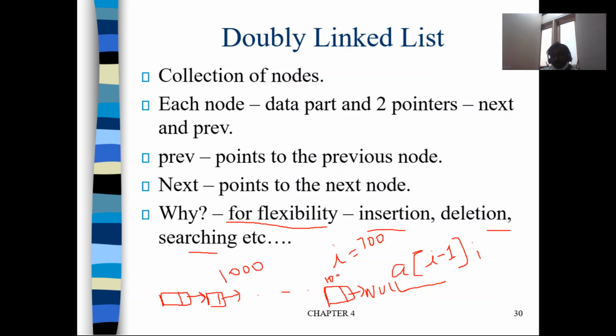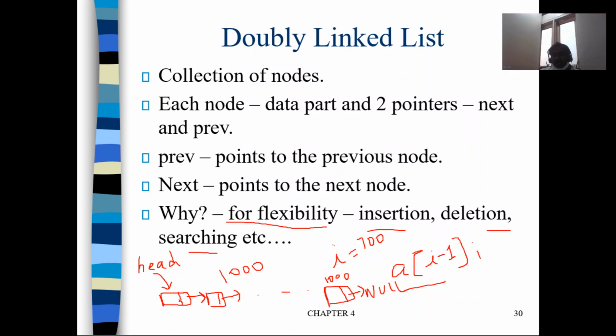Now assume that you want to access the 700th node, then what should you do? Is there any way to directly access the 700th node? There is no way at all. We have only one reference. We don't have the other nodes. There is no name for any node, right? Are we giving any name for node 1, node 2? No, nothing. We have only one pointer, that is head, which is pointing to the first node, okay? Anything you want to do, you have to use the head, and then only you can move, okay?